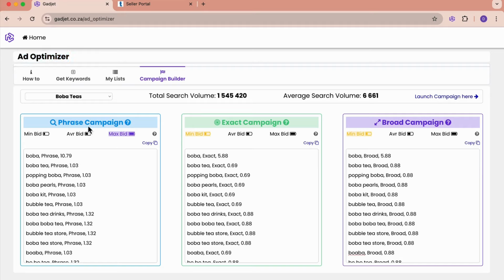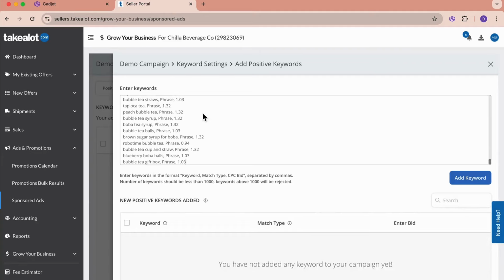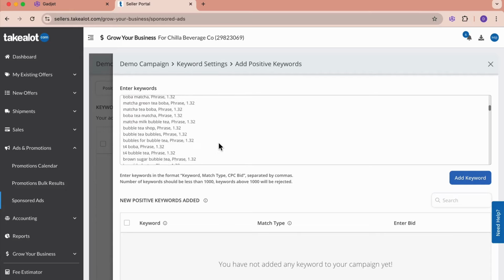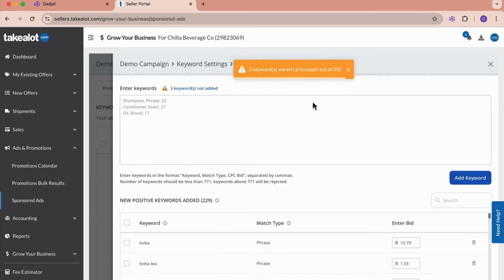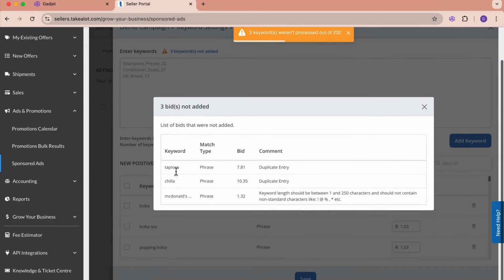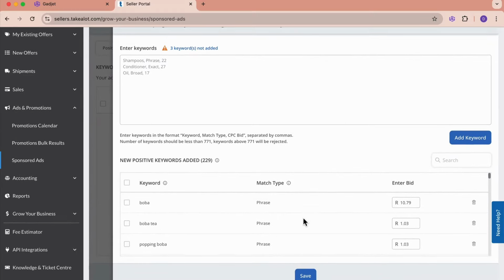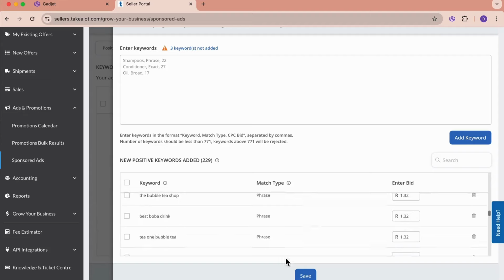Okay, and so let's imagine we want to run a phrase campaign. I'm going to say copy, there, copied, phrase campaign. I'm going to come back here to Takealot, and I'm going to paste all these words in here. Okay, I'm going to say add keywords. Okay, 3 words, let's see what happened to them. There was a duplicate because we had one of those with spaces. The chiller wasn't actually a duplicate because one is with lowercase and one's with uppercase. And then this McDonald's has a special character in it. It doesn't like it. Anyways, just for example, I'm just going to close here. We've added the rest of the keywords here. We can see them all down here, and we say save,